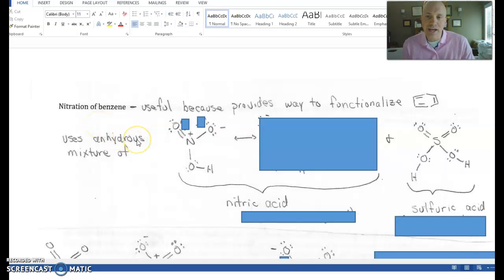So there are a couple of reaction mechanisms that the IB curriculum holds you responsible for understanding. We've already gone through a couple of these. One would be electrophilic addition reactions to alkenes. Another would be the SN1 and SN2 reactions. But one of the other reactions that they want you to be familiar with is what's considered the nitration of